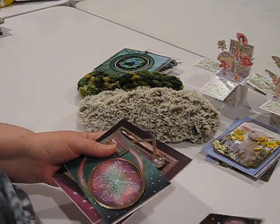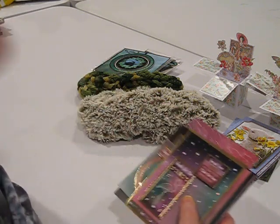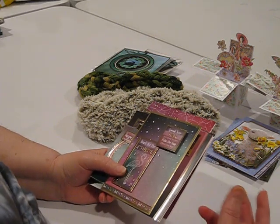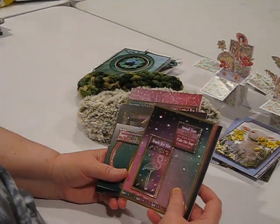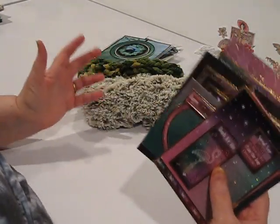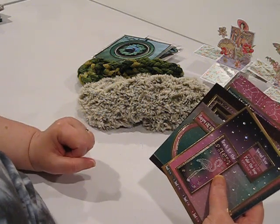I have many, many more classes on the agenda. We're going to be doing some classes on bow making. We're going to be doing some classes on 3D decoupage and using stickers to accent our cards. We're going to be using one of the Hunky Dory box kits and going through that and creating a number of projects together. So we have so many wonderful ideas,